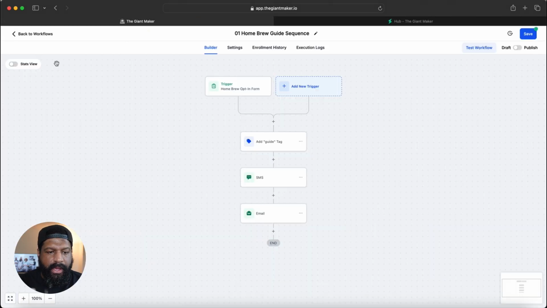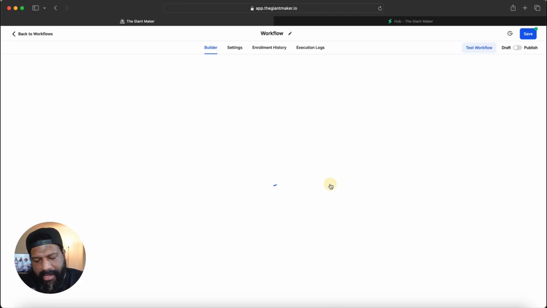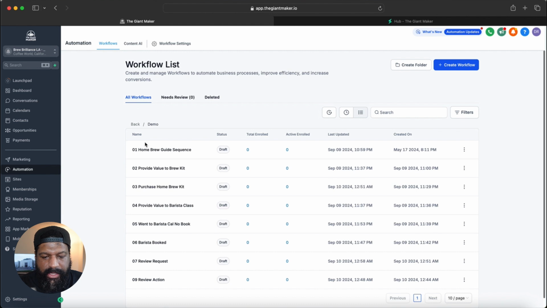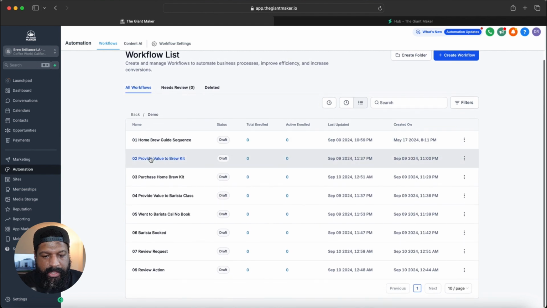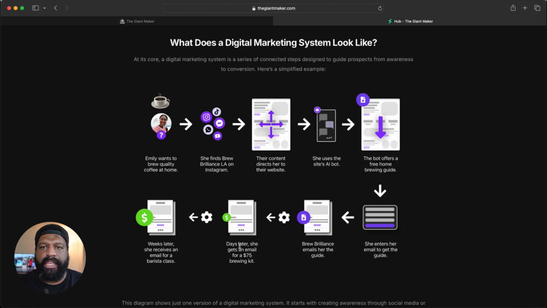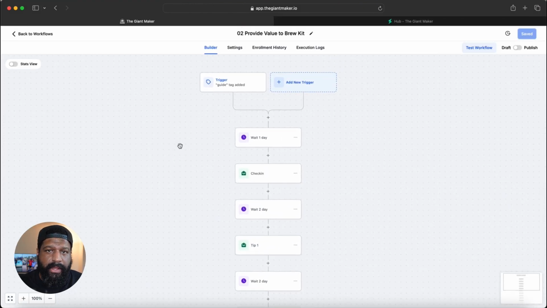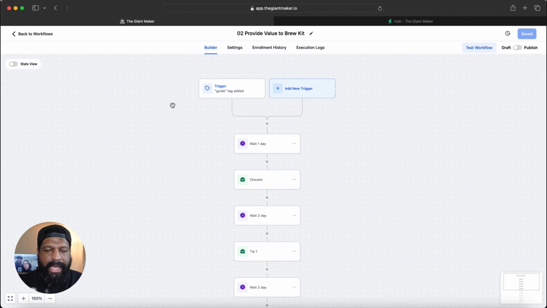So let's take a look at some of the other automations and see what I have. I didn't want to save that. Let's just see what other ones I have. The second automation is provide value to the brew kit, because remember, we're trying to get them to buy this brewing kit for $75. What that would require is for us to create a product that's $75 and maybe a landing page to eventually send them to at some point. So there we go. When somebody downloads the guide,